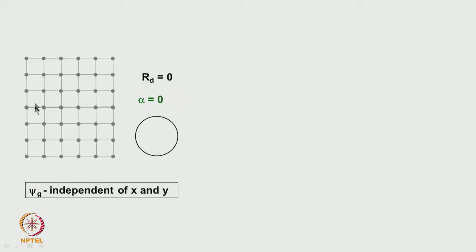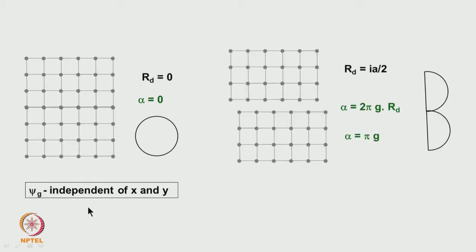Then the psi g, if we look at it, it is a perfect crystal. It is independent of the x and y position, whether I calculate it at this particular point or this particular point with respect to different x, y, and the same, because x and y is defined on this region, right. This will be x and y, you take perpendicular to it. This is the z of the sample which we consider, okay.